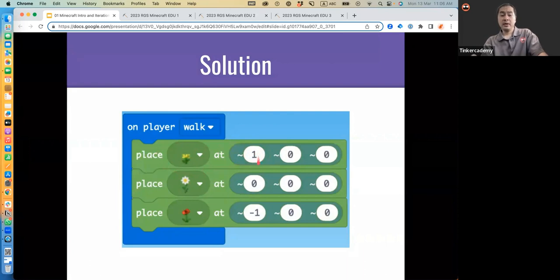It is positive 1, and the Y position is -1. Okay, everything else is the same, 0. Okay, so there's a change in the yellow flower. Okay, the X position is a positive number, and for the red one it is a negative X value. Okay, so because this is relative positioning to where you are, okay, when you start walking, take note,